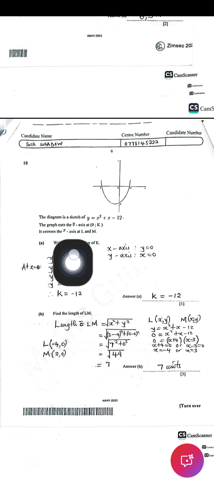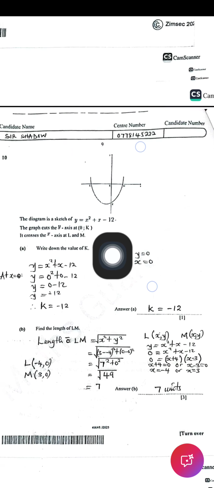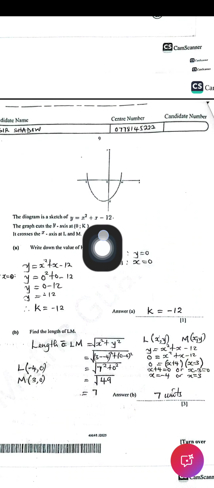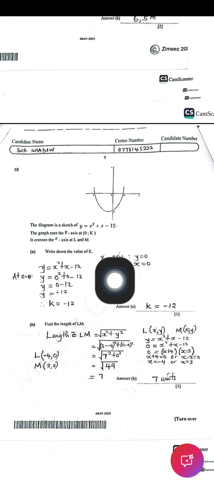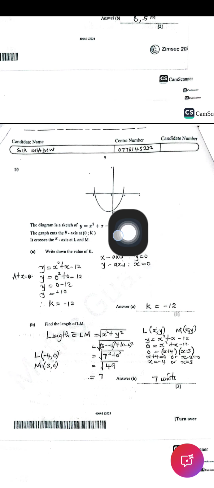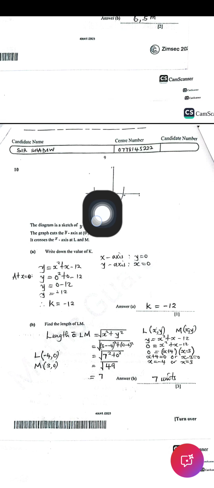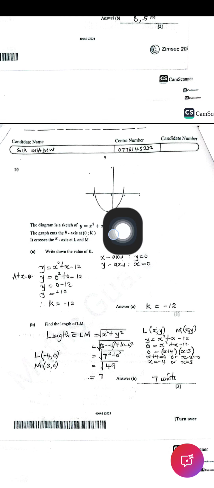it crosses the x-axis at L and M. Right here, this is where there is L. Here there is M. So we want to write down the value of k, this value of k right here. But just remember, this graph, the sketch of this graph, is cutting the y-axis